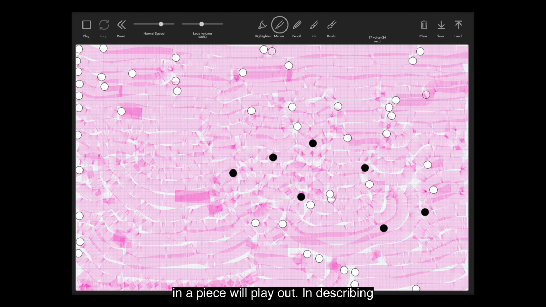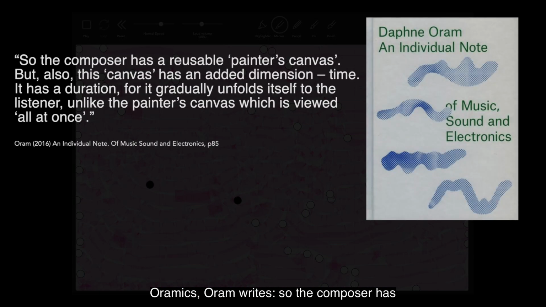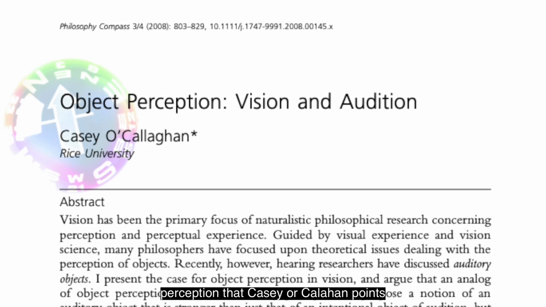piece will play out. In describing Oramics, Oram writes, "So the composer has a reusable painter's canvas, but also this canvas has an added dimension, time. It has a duration, for it gradually unfolds itself to the listener, unlike the painter's canvas which is viewed all at once." This is similar to the differences in auditory and visual perception that Casey O'Callaghan points out when discussing